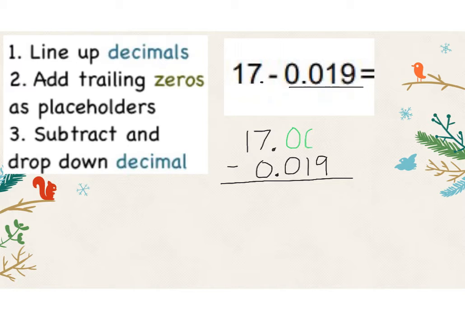All right, I'm going to fill in the zeros, which you also did. And then I'm going to go ahead and solve. Now it looks like I have to subtract this 9, but there's nothing here to subtract the 9 from. And there's nothing next door. Nothing next door again. The first place that I get any value that I can trade in, and get some value from is the